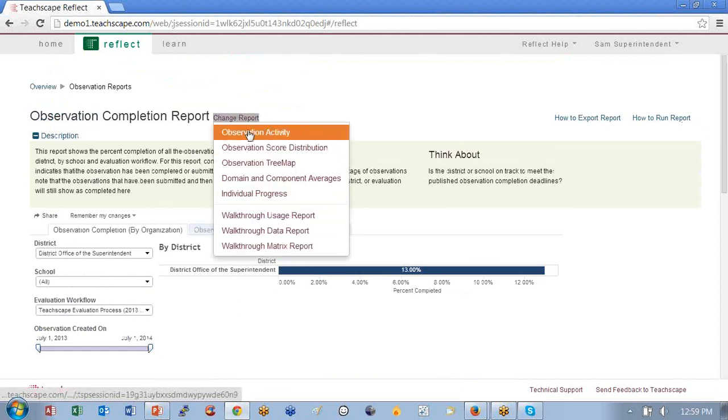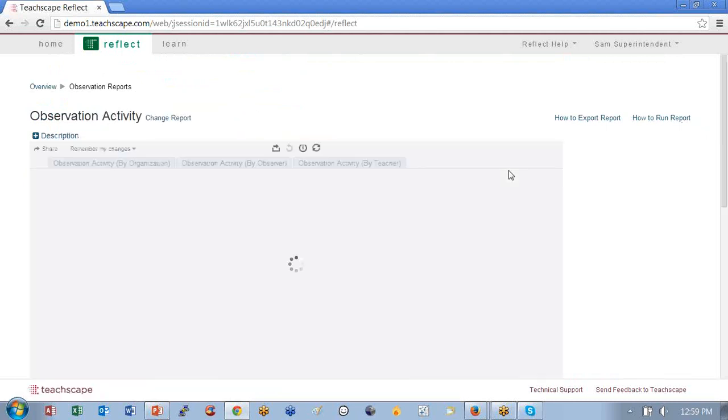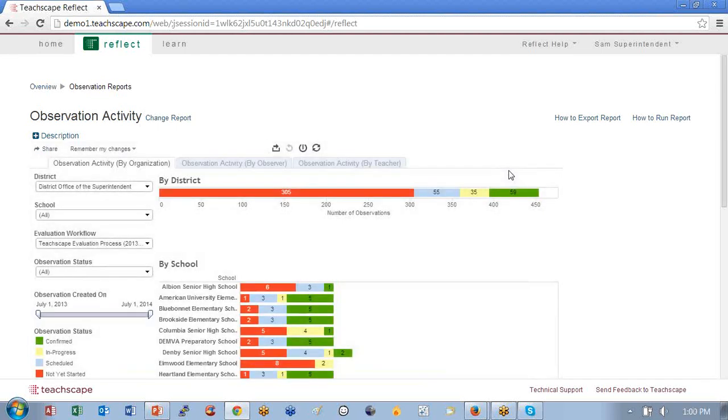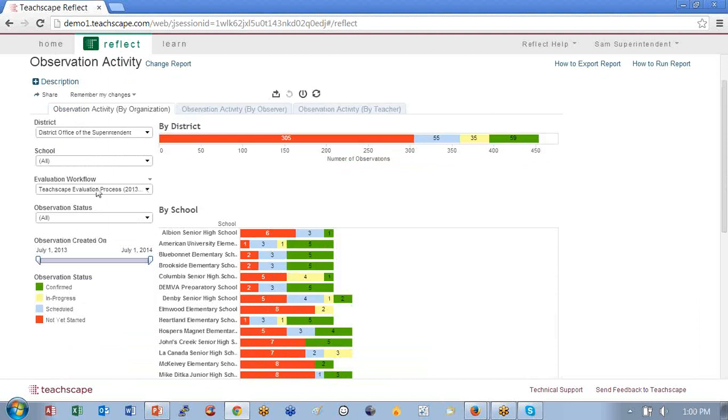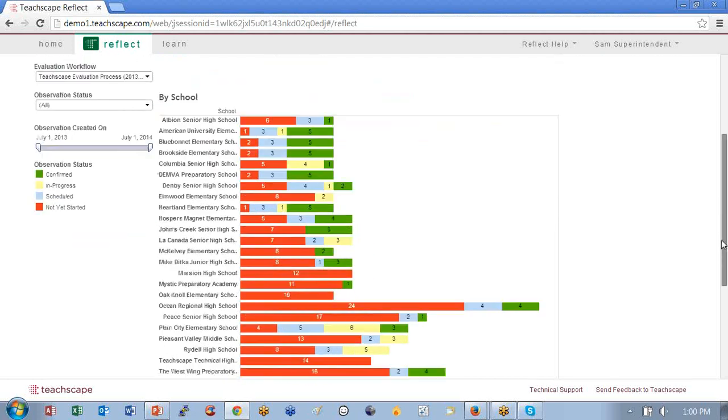Another example would be the activity. Remember we talked about, now you know that and you're like, wow, what happened to West Haven or whatever school you're looking at. You now want to see what's the status of all of them. You can see here, and again, this could be by different evaluations. You might want to look just at the specialists or just at the administrators if you're observing administrators. You can see the same number, but down here you can see by school.